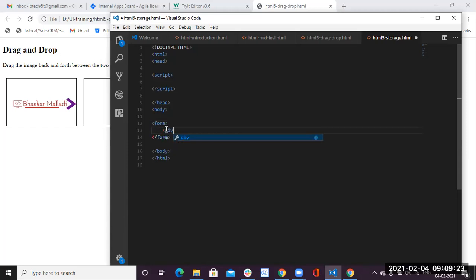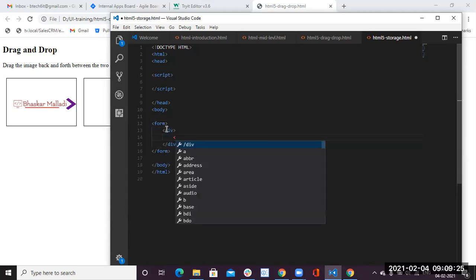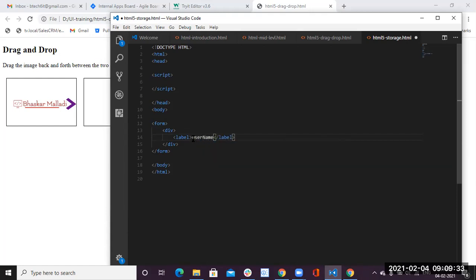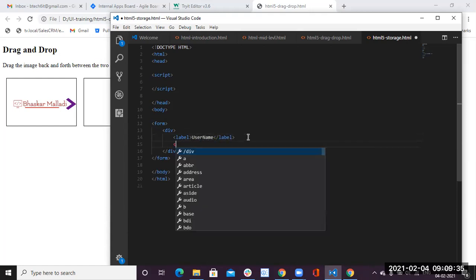I'm taking a div, and inside that, first a label is there, right? This label is username. Next, input type equal to text.